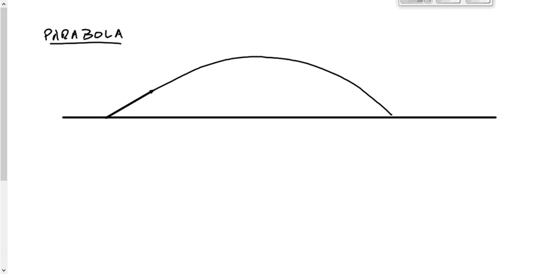It's a projectile, and it follows a path that looks more like this. Does anybody know the shape of that path? Does anybody know what that's called? It's funny because we were talking about that a little bit earlier today. It's a parabola. Now, in this parabola that shows the motion of the object, of the projectile that's moving through the air under the influence of gravity, we can see